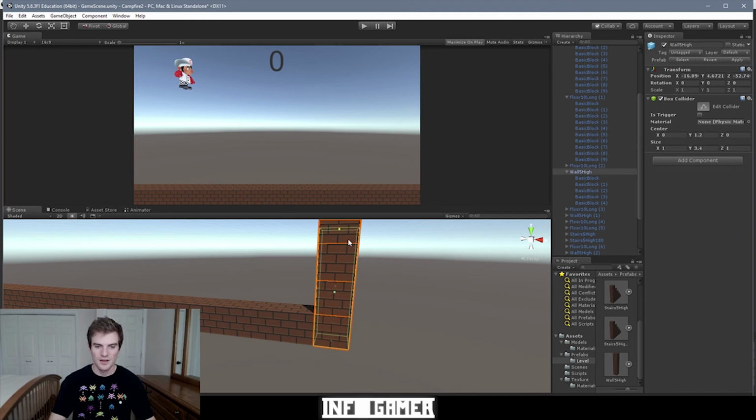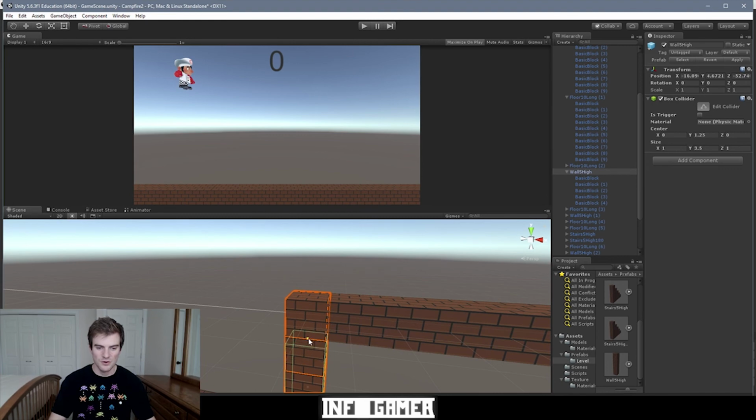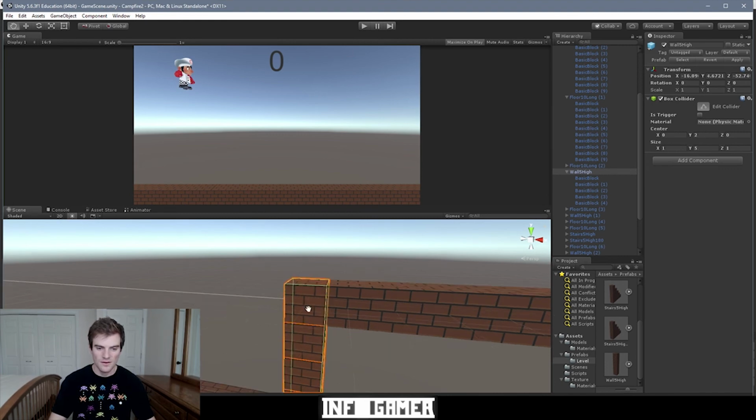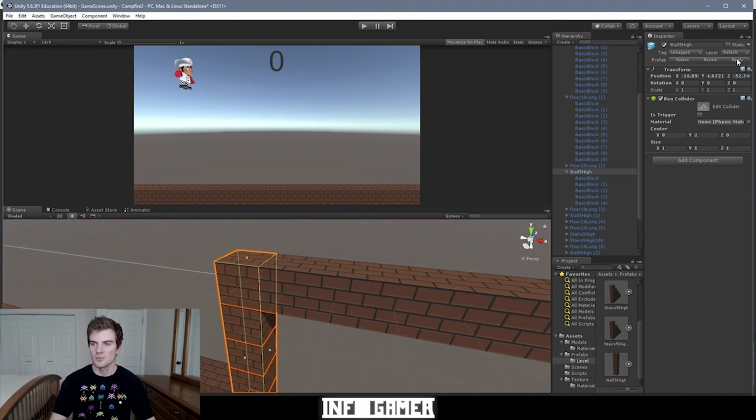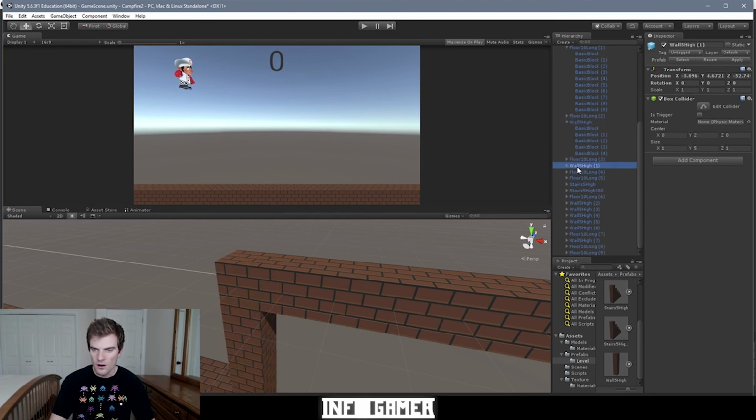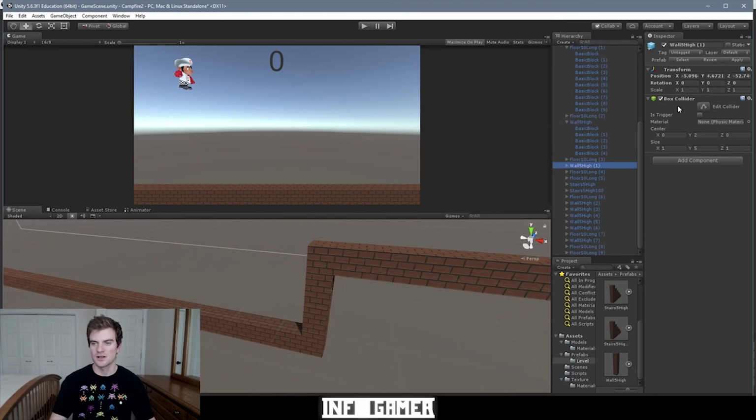hold control, and drag it up 5 cubes. So right there, down one, right there. And then we can go ahead with the parent selected, hit apply, and then we can look at the other wall objects, and we can see that there's a collider on the parent object, but not the basic blocks that